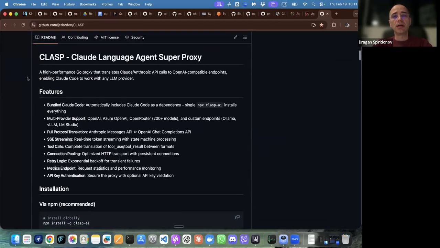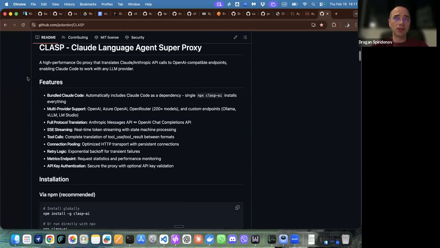It's like an agent super proxy on top, a wrapper on top of Claude that will do the routing, and not only routing but also the translation, because Anthropic endpoints are not compatible with OpenAI, so there needs to be a translation for Claude Code. That's why you need a proxy to access some of these things. GLM models, for instance, don't need a proxy because they are compatible with Anthropic.